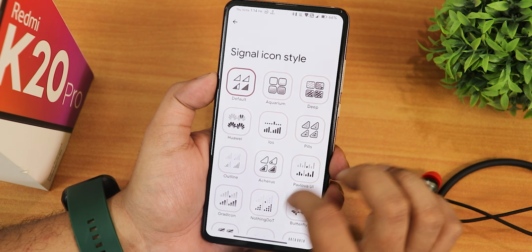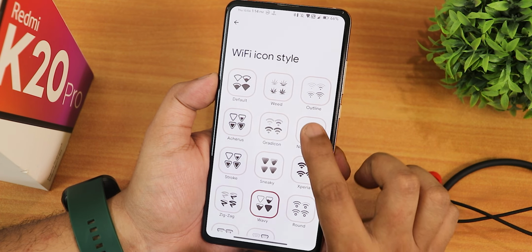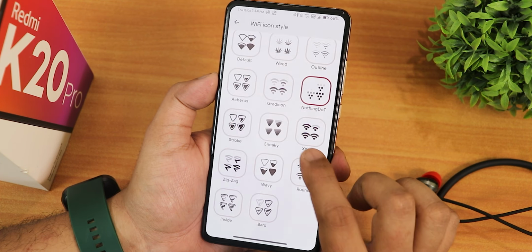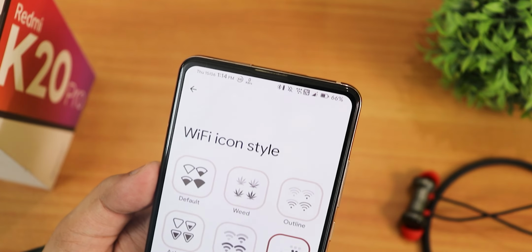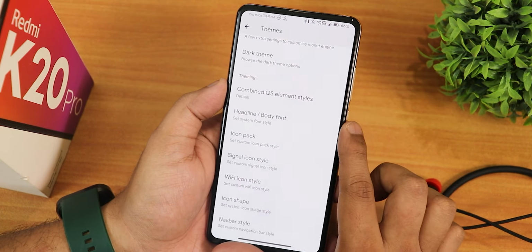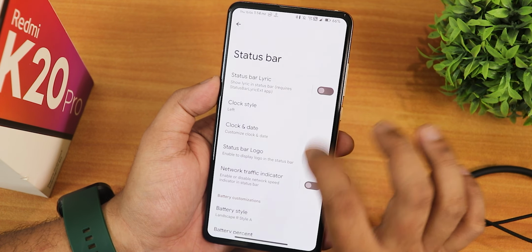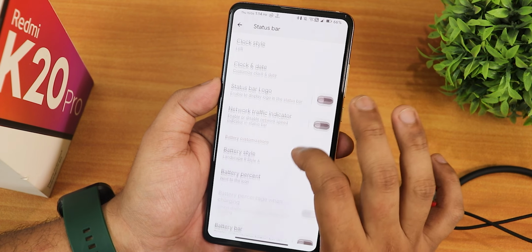There are the signal icon styles, and again plethora of options are there. Even for the Wi-Fi icons, there is this nothing dot and stuff. You can enable this one. As you can see, this is how it looks like with the Wi-Fi icon, and it definitely looks different. I would say you may or may not like it. That's a different story. The status bar settings, in here we have the status bar lyric, clock and date style